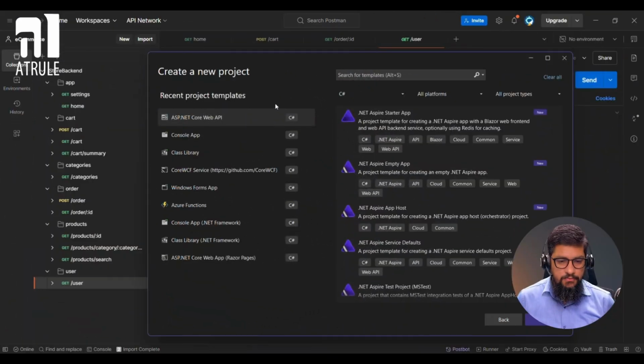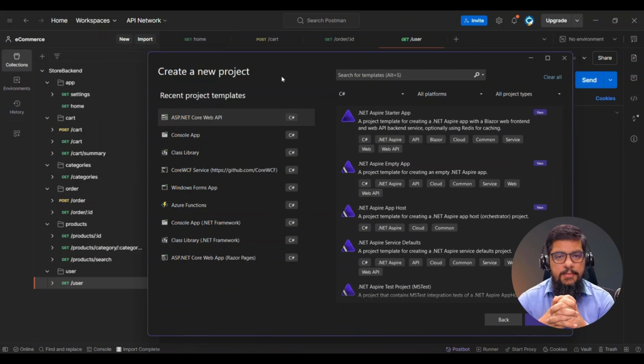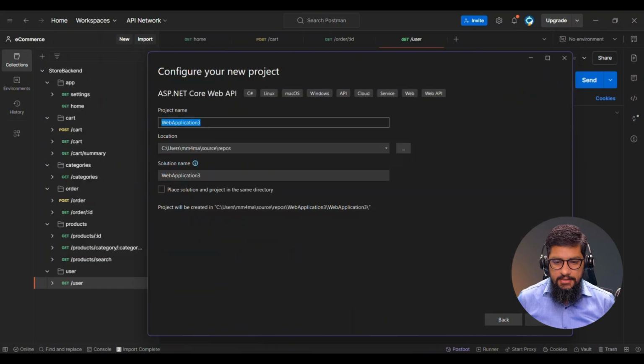So we are going to create an ASP.NET Core Web API that will have the different endpoints. And what are those endpoints? Let's jump in. So we'll go to Visual Studio. The tech stack for this project will be that on the backend, we'll be using ASP.NET Core, and then on the front end, we're going to use any framework like React or Next.js. So we'll pick ASP.NET Core Web API from the project templates, and we'll get started